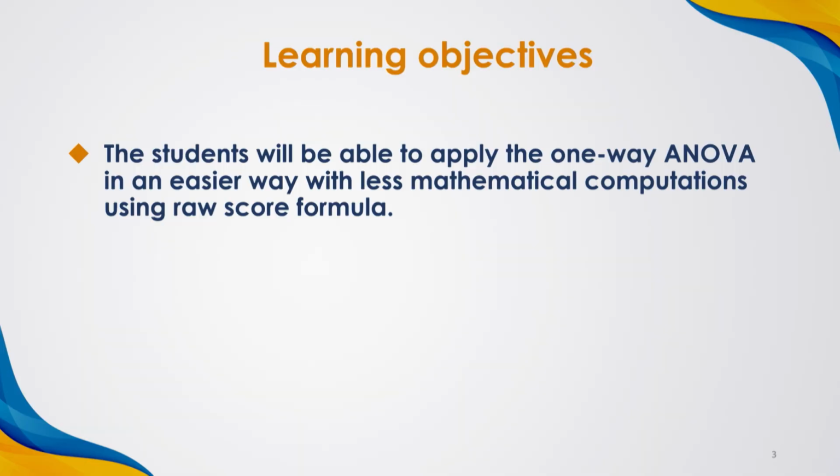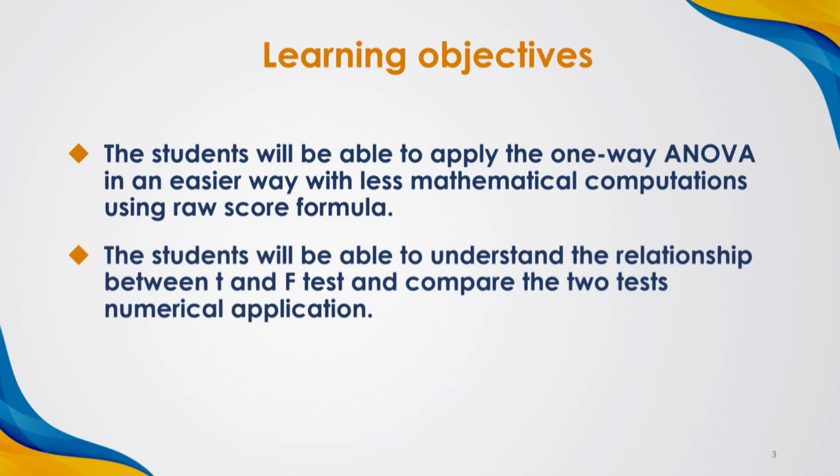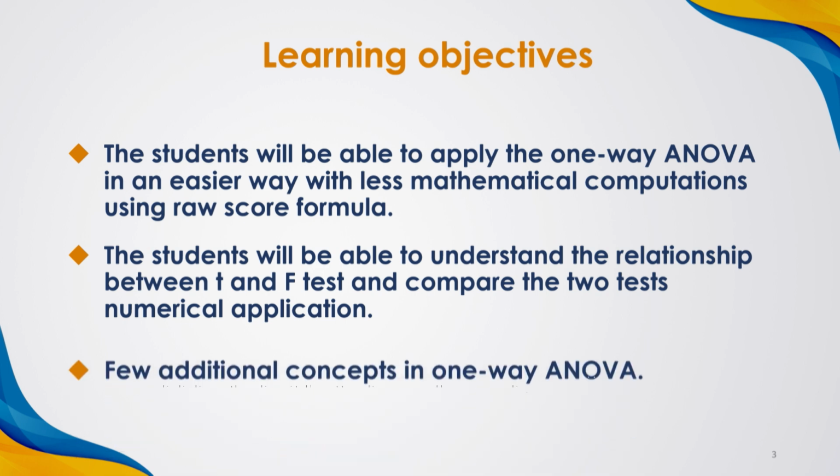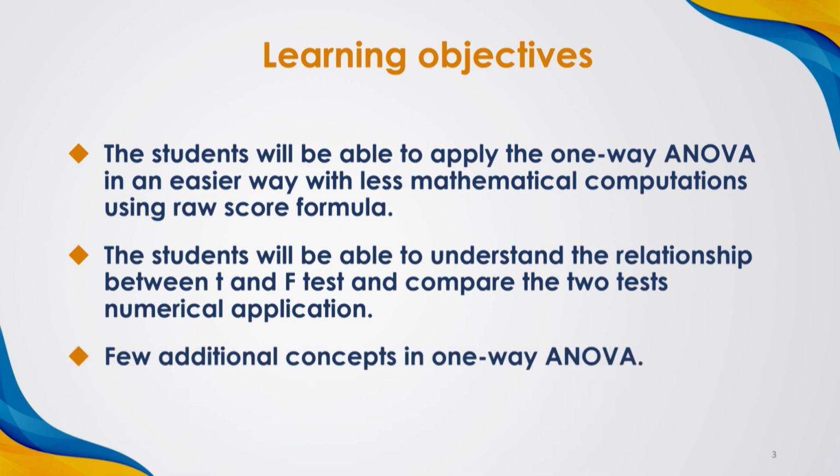After completing this module, the students will be able to apply the one-way ANOVA in an easier way with less mathematical computations using the raw score formula. The students will be able to understand the relationship between T and F test and compare the two tests with numerical application. Few additional concepts in one-way ANOVA. Let us start. We begin with the first part of the lesson, in which you will learn the raw score formula